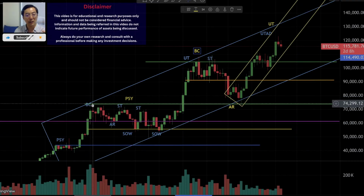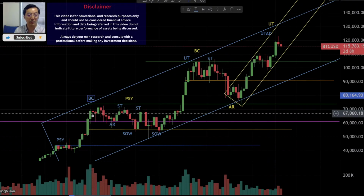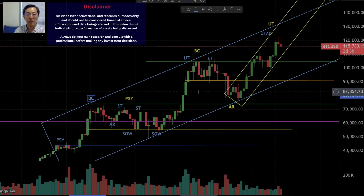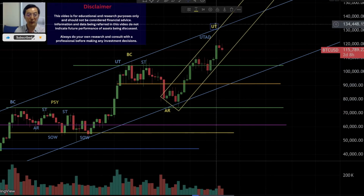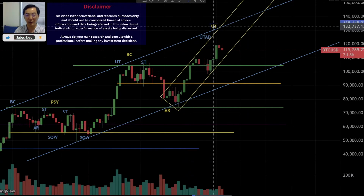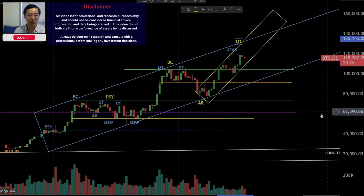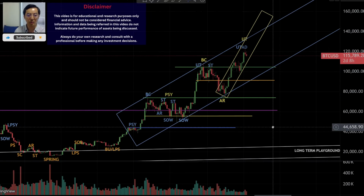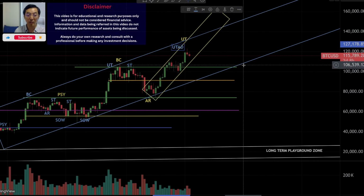For the blue one, it considers the buying climax to have happened much earlier, back in March 2024. Based on the latest movement, last week I brought back the discussion about whether we should reconsider the yellow scenario again, because the price movement looks like it's conforming more to the yellow scenario,